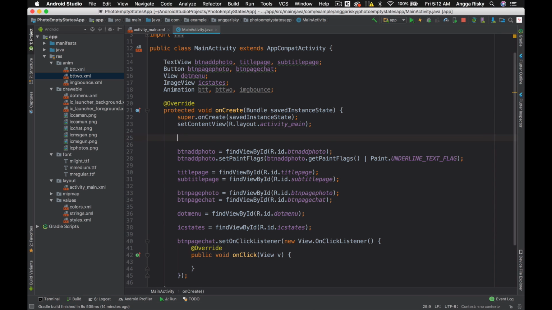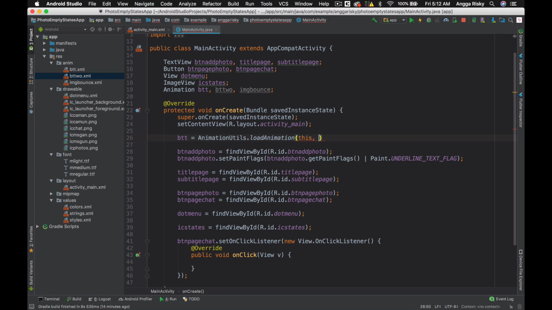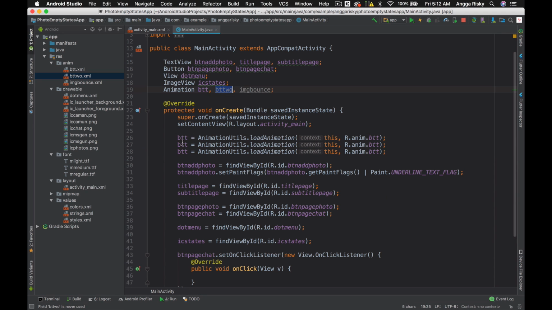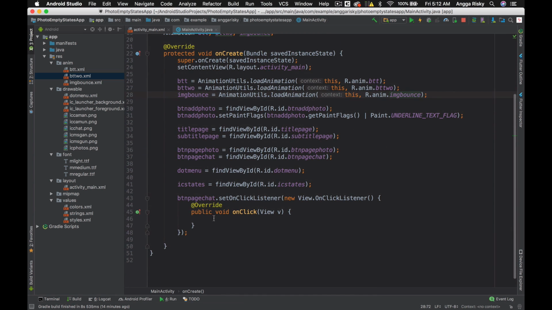After all, BTT is AnimationUtils, and we have to load the animation from R anim and then BTT, and duplicate them and simply replace instead of writing it from scratch. Just like that.